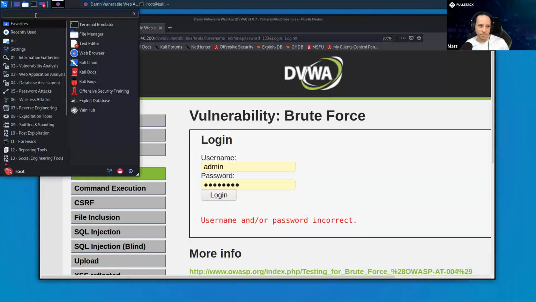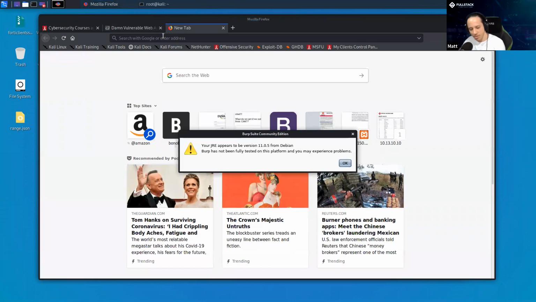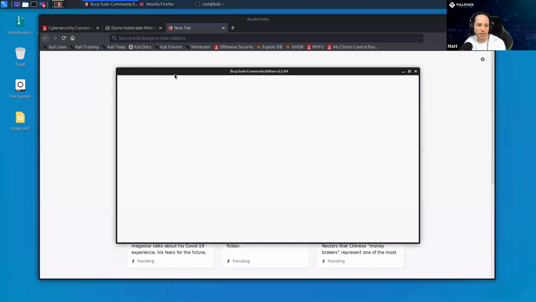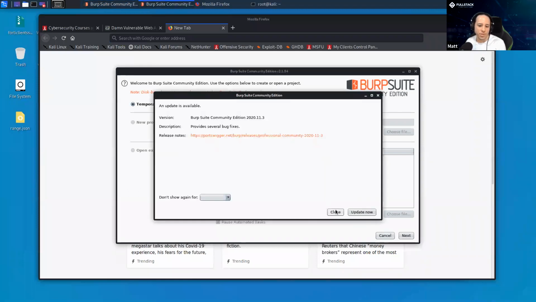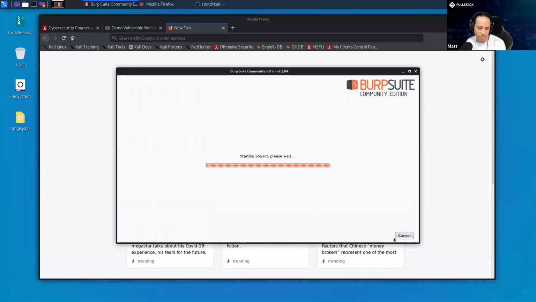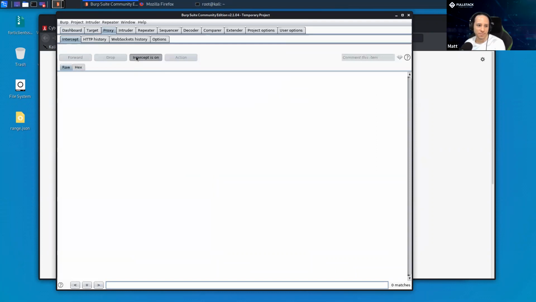So I'm going to fire up Burp. I'm going to tell my browser to use Burp as a proxy. Once I turn Burp on, I say start Burp. Things that are important: you go to proxy, it says intercept is on.